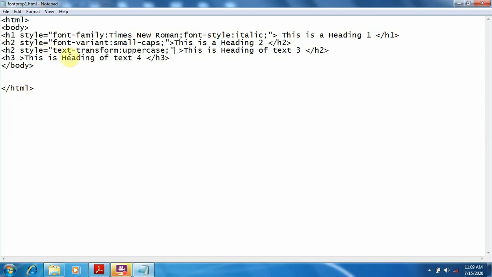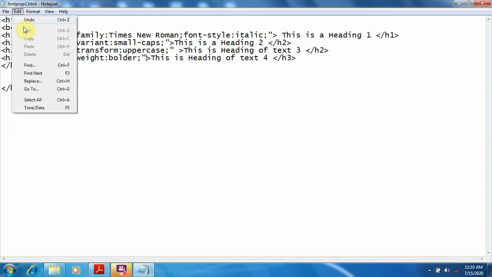Close inverted commas. Next, I am taking style is equal to inverted comma. I am taking property font weight. Last property is font weight. Okay, I am taking font weight, then colon. You can take any value, bolder, lighter. I am taking bolder, then semicolon, then close the inverted commas. Then save this file.